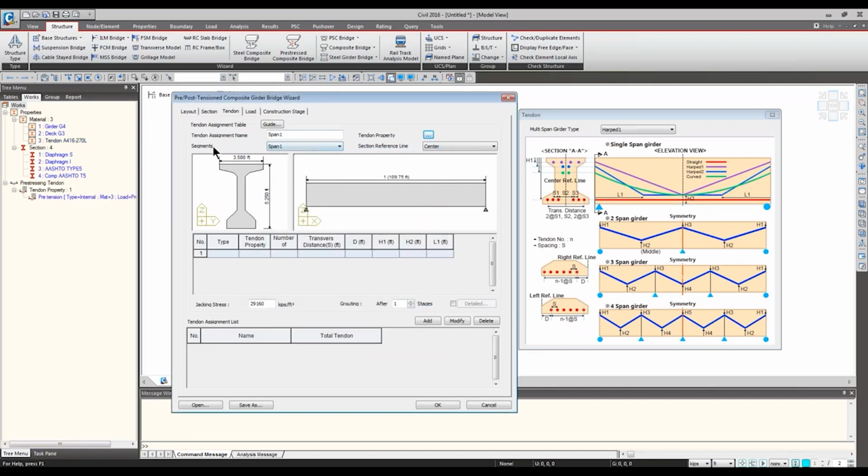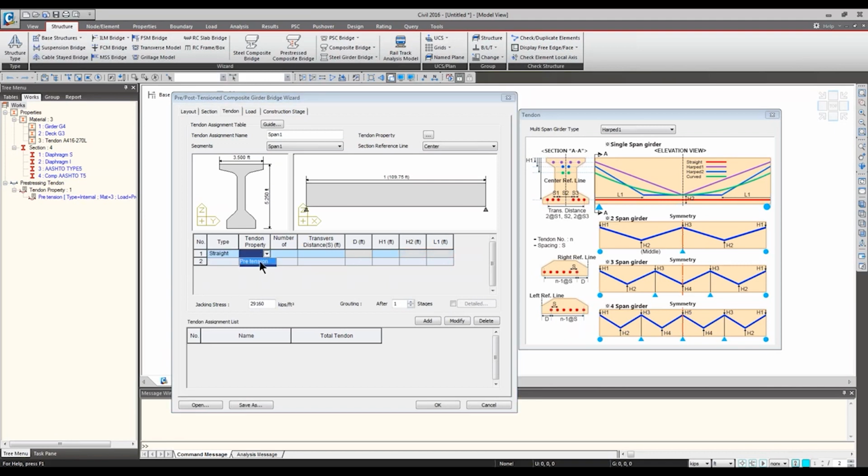Okay, and here for the segment, it's going to give you span by span segment for the precast type. For the splice girder type, it's going to give you more than just the span 1 and span 2 segment. It's going to give you the segment per the girders that are disconnected at the splice locations. So choose if it's straight, cambered, or curved. Each time you pick a different type, it's going to activate or deactivate the cell and so on.